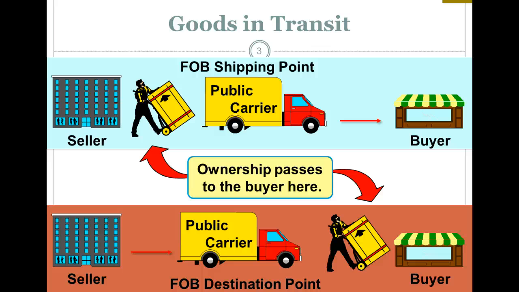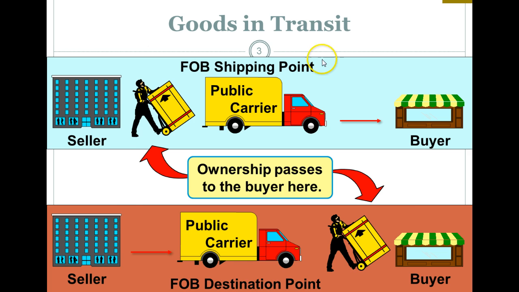There are 2 points you need to consider here: FOB shipping point and FOB destination point. So it's shipping point or destination point. And what they're talking about is the identification of when legal title transfers. If it is shipping point, it is when it leaves the seller's warehouse. At this point in time, title transfers and the buyer owns it. If it's destination point, that means it has to be delivered to the buyer and go into their warehouse before